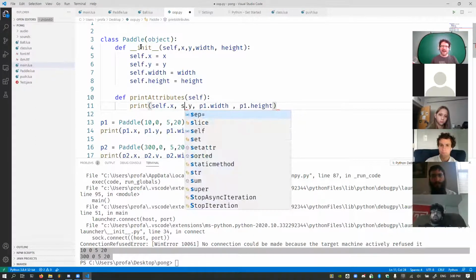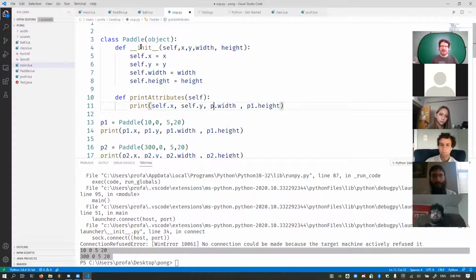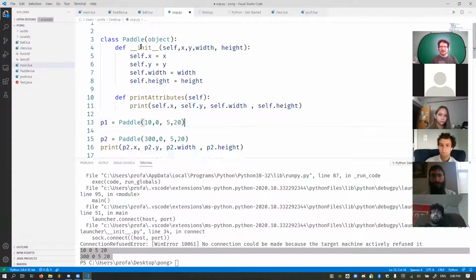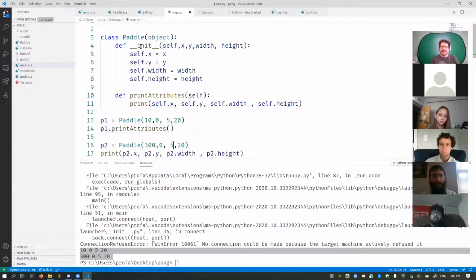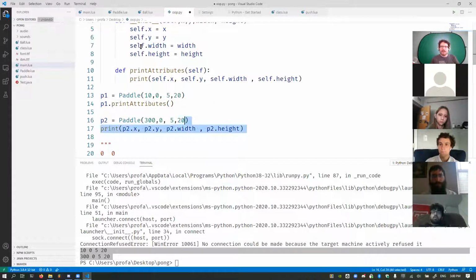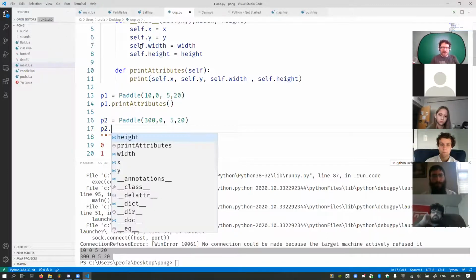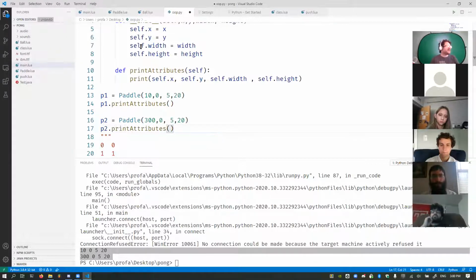But basically I say, hey, print out my X, my Y, my width, and my height. And now all I have to do is call this method, as it's called. That's what we call functions inside objects, methods. Do print attributes, call it P2 dot print attributes. So these new types have things coming up.